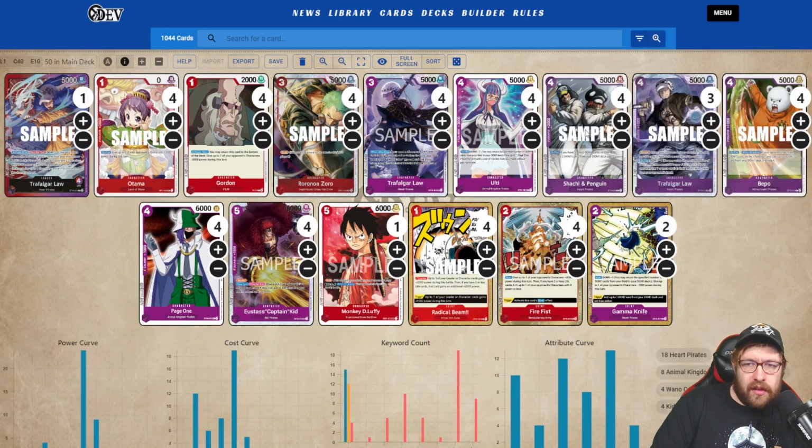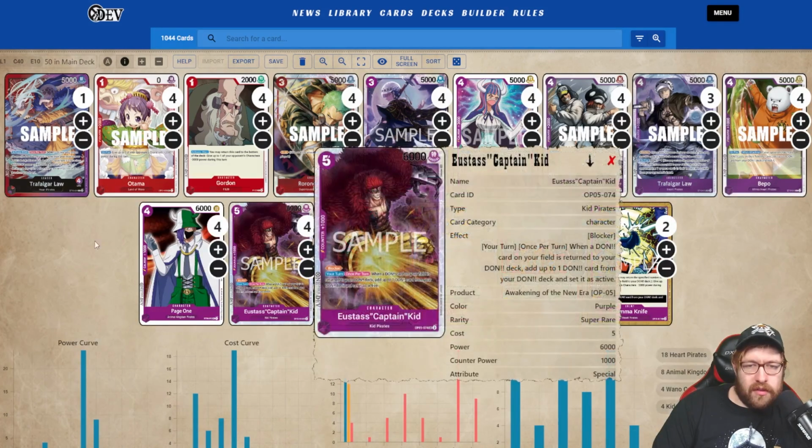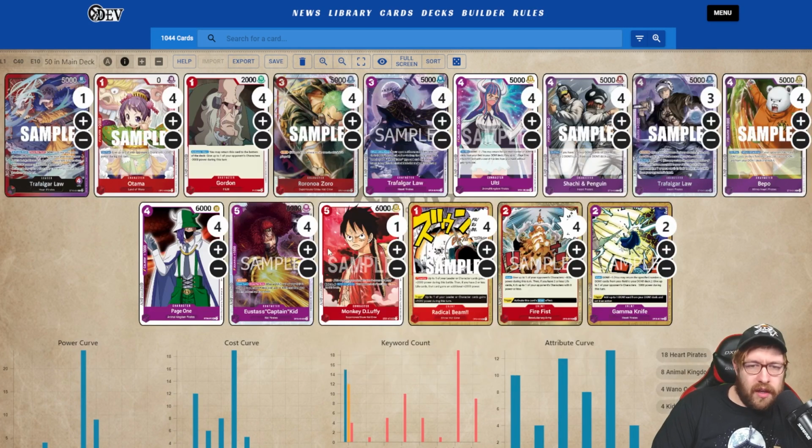We do also have the Ulti Page One combo in this build, which you could use the Trafalgar Law to play the Ulti to play the Page One, which is quite nice. And then just a lot of the usual suspects we see in a lot of lists. We do have a good amount of removal in 4 copies of Fire Fist and 2 copies of Gamma Knife, as well as 4 copies of the Eustace Captain Kidd, which I do like with this leader, and a swag